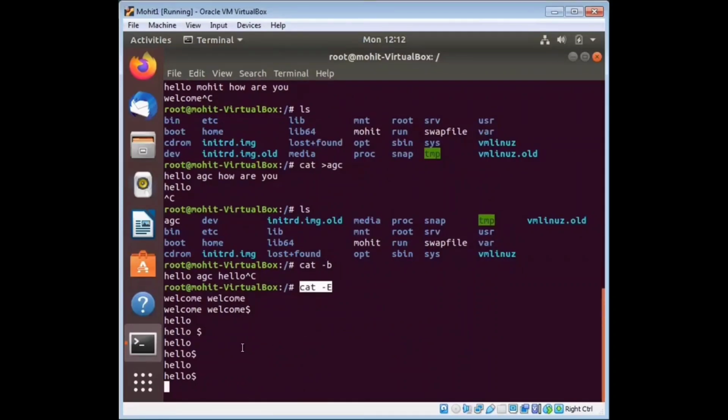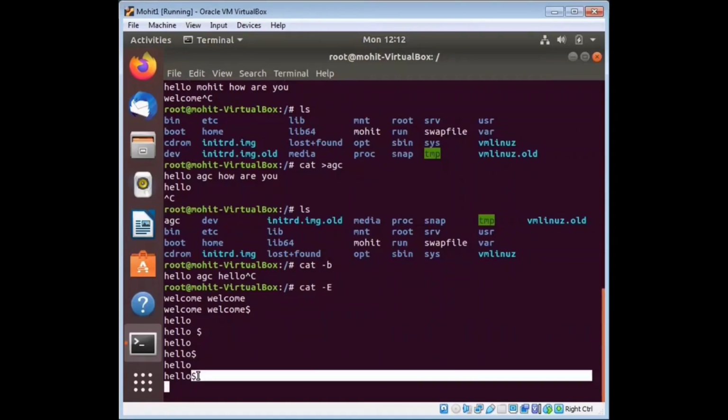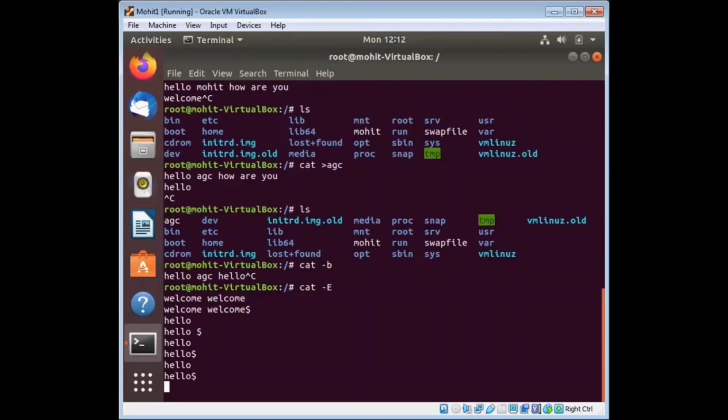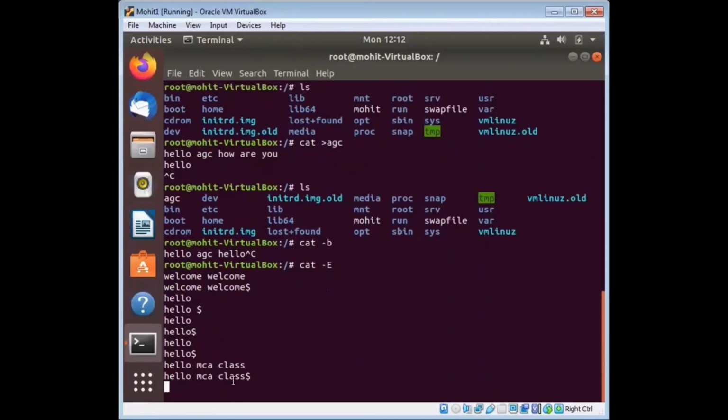When you type cat minus capital E, it displays a dollar sign at the end of each line, like this. When you type hello MCA class and press enter, you see there's a dollar sign at the end of each line. So cat minus E is used to display a dollar sign at the end of each line.